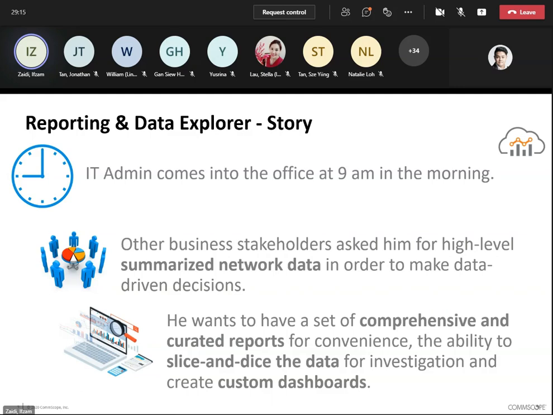The Data Explorer tool lets the IT admin create a custom dashboard to dissect and analyze data from the current network ecosystem. With the custom dashboard, the IT admin can provide a wide variety of standardized reports that provide visibility into network performance, and also report on traffic patterns, application usage, and more.